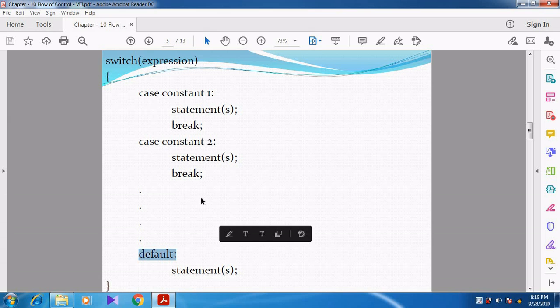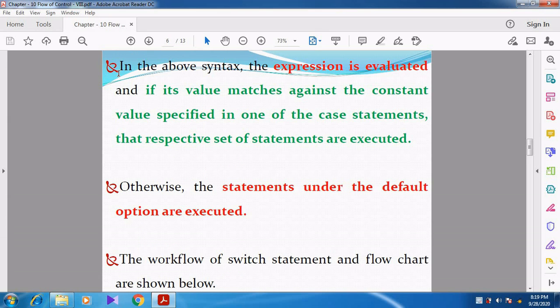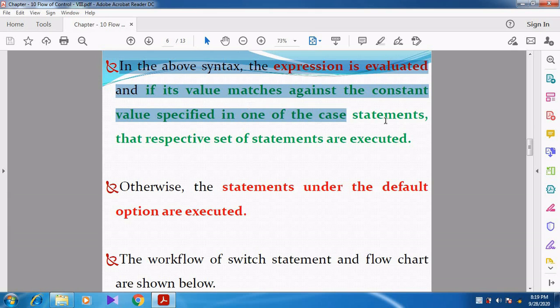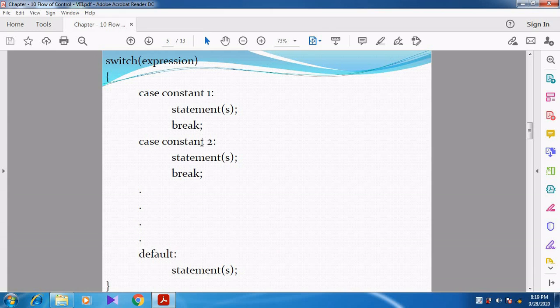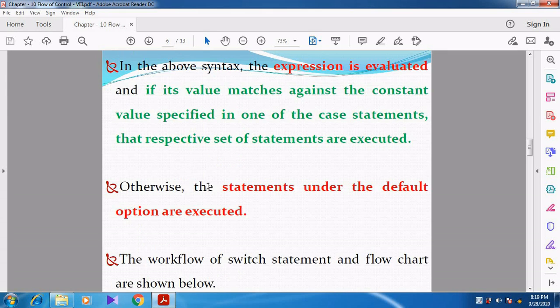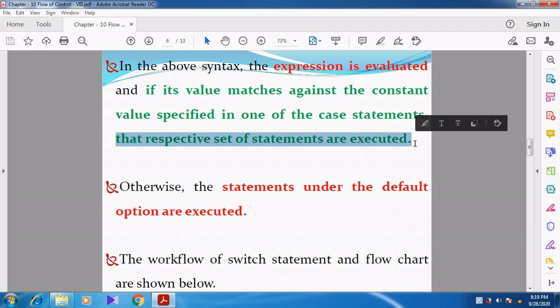Can you understand, students? Now you see here, in the above syntax, the expression is evaluated. After the expression is evaluated, if its value matches against the constant value specified in one of the case statements, not only constant 1, constant 2, constant 3, if any one case statement matches, then automatically that respective set of statements are executed.